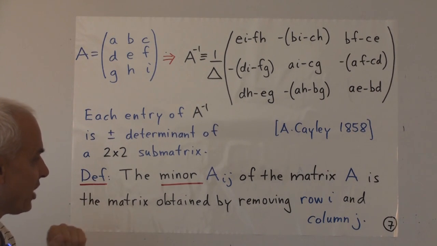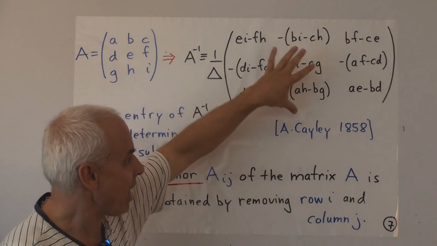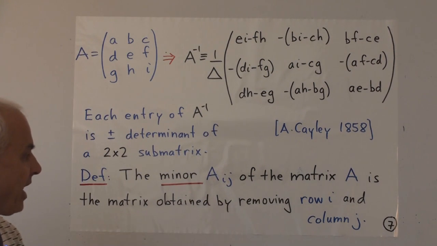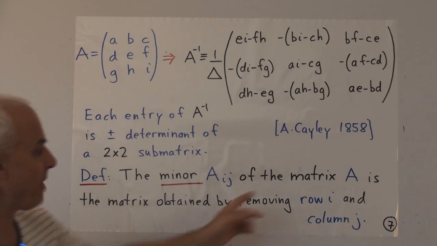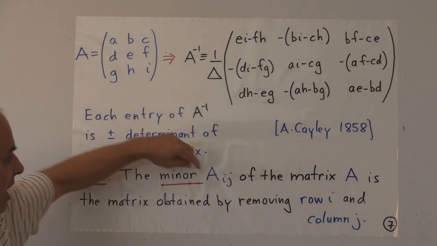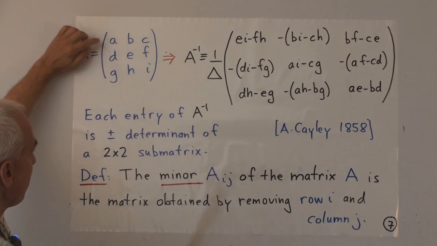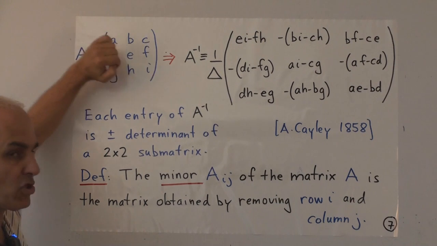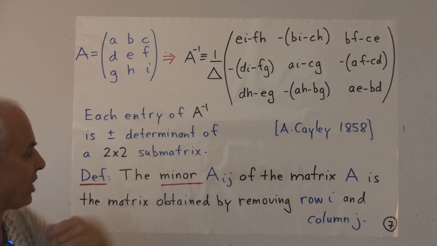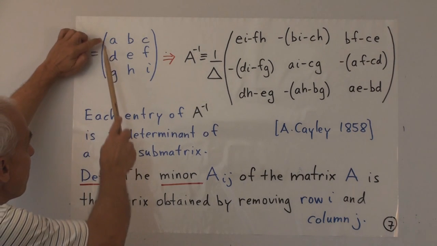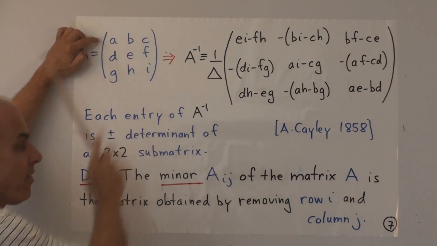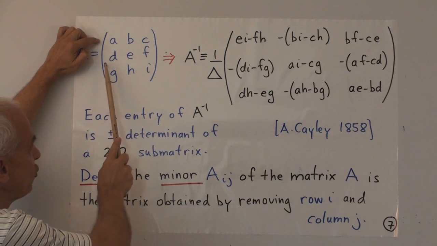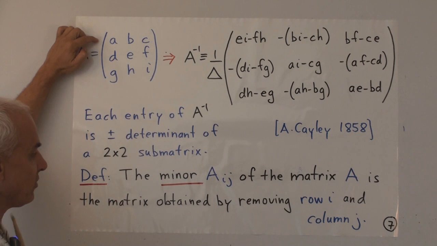All right, let's introduce a bit of notation to make this a little bit easier and to be able to say how we're getting these entries. So let's say that the minor A sub ij of the matrix A is. So I'm thinking of i and j as being indices. Remember that one way of thinking about the matrix entries is telling which row and which column it's in. So the 1, 2 entry of the matrix is the one that's in the first row and second column. That's that one there. That's the 1, 2 entry. That's the 1, 3 entry. The 2, 1 entry. The 2, 2 entry. The 2, 3 entry, and so on.